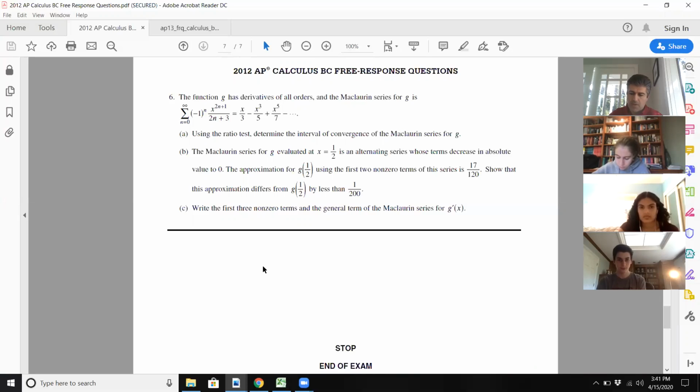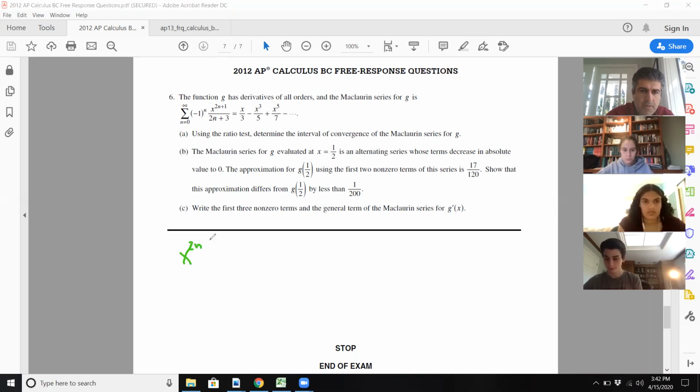So again, we're looking at 2012, one sec. No, it's 2013. Yeah. So they're asking to determine the interval of convergence from the Maclaurin series for G. So they did give you the Maclaurin series right here. So what you're going to want to do for the ratio test is x to the 2n plus 3 over 2n plus 5 divided by